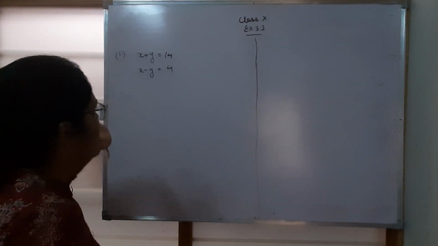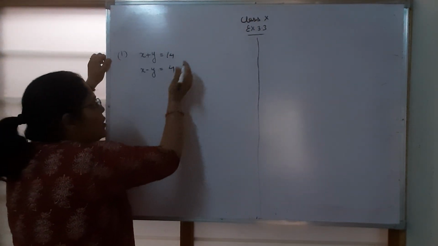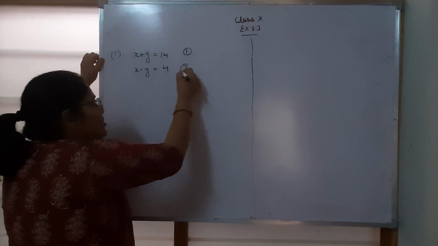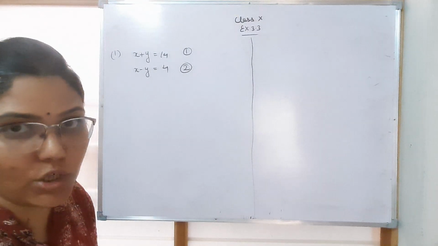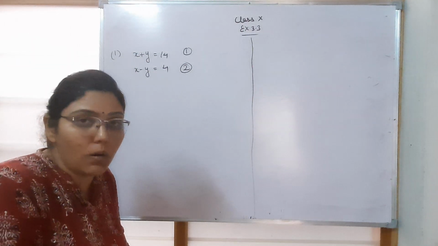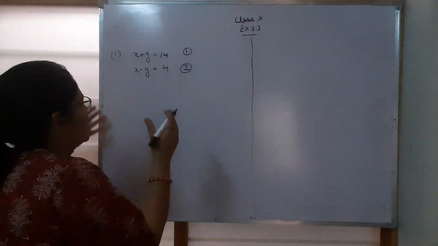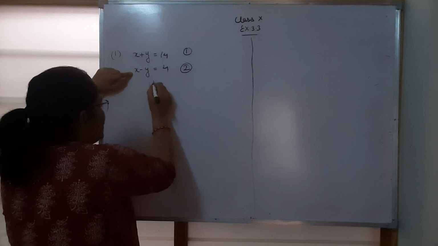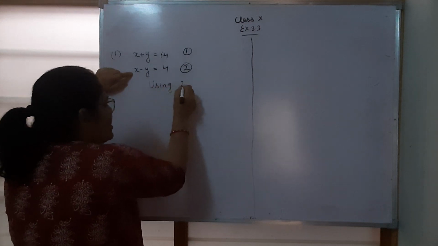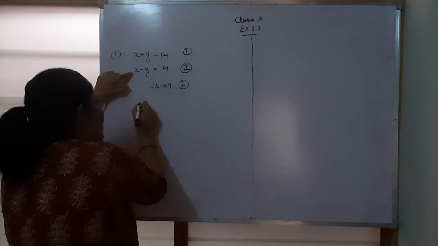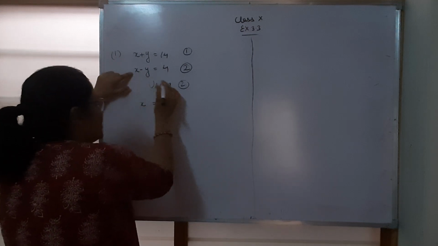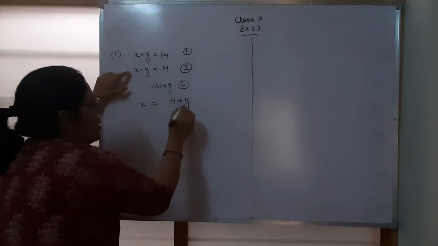So just look here, substitution method. Now how are we going to do it? क्या करते थे हम substitution method में? We'll be using either the first equation or the second equation. So suppose this time I want to use the second equation, and in it we want to find the value of x. तो x की निकाल सकते हैं, y की भी निकाल सकते हैं, but I am using x. So x क्या हो जाएगा? x की वैल्यू is going to be 4 plus y.